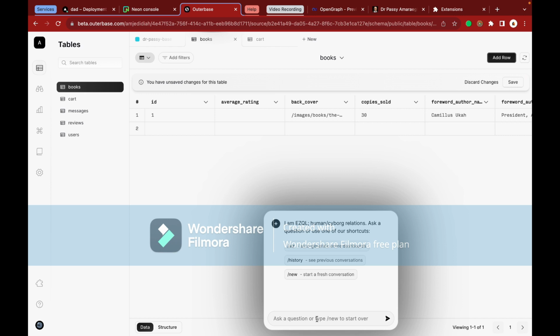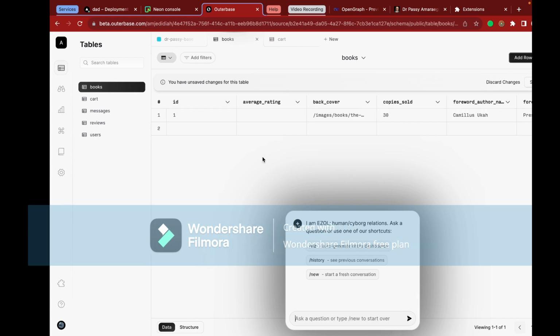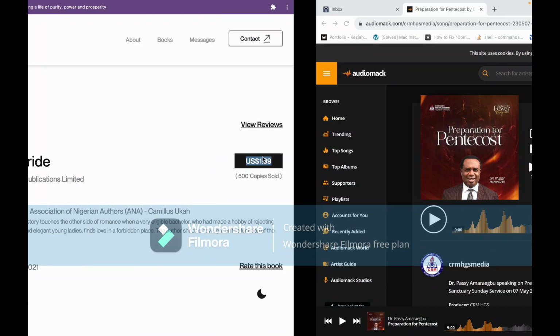But with this EZQL, all I had to do was just ask it how to do stuff, and it will generate the SQL code for me, and that's how I was able to write SQL code that allows the user to